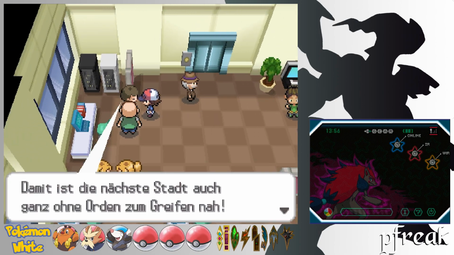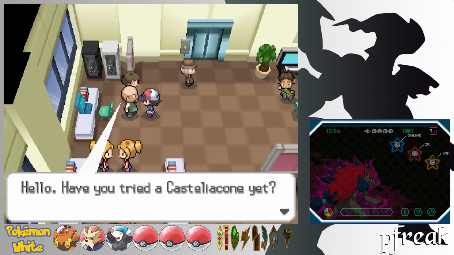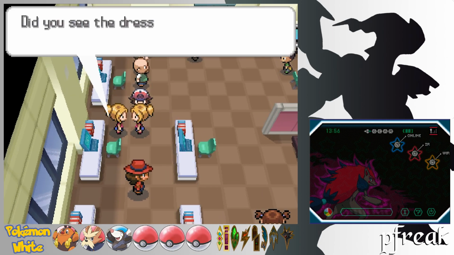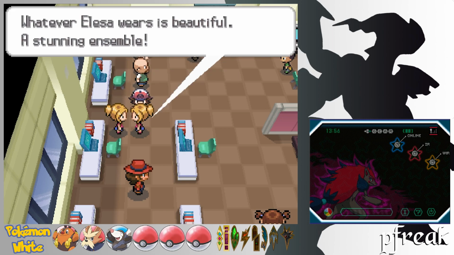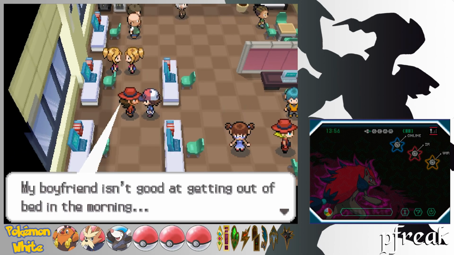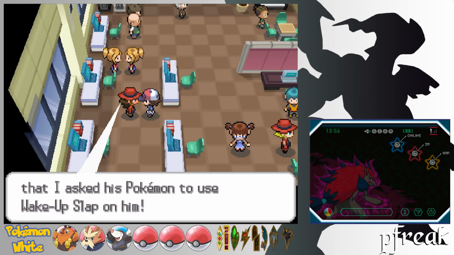Oh, someone who's speaking German. I can't speak German. I'm sorry. Hello, have you tried the Castelia Cone yet? I mentioned to buy one on Tuesday, but it's very difficult to get. Yeah, no, we tried, but we failed. Did you see the dress that supermodel Lisa was wearing? Whatever Lisa wears is beautiful. A stunning ensemble. Okay. My boyfriend is good at getting out of bed in the morning. In fact, he's slow at getting out of bed. I asked his Pokemon to use Wake Up Slap. Oh,